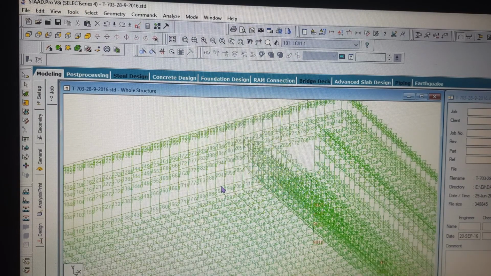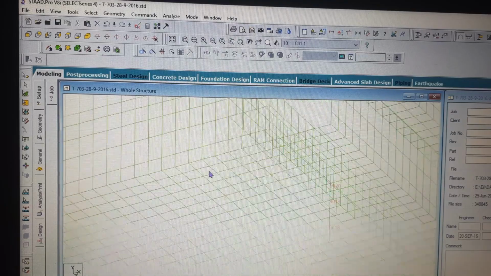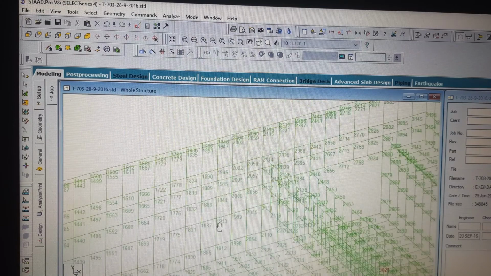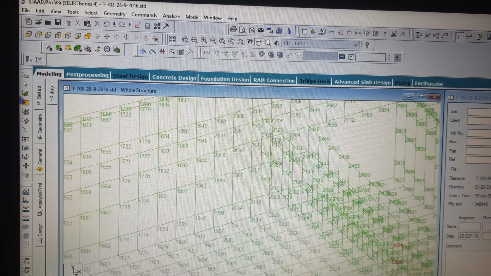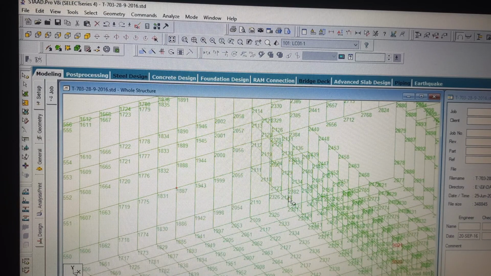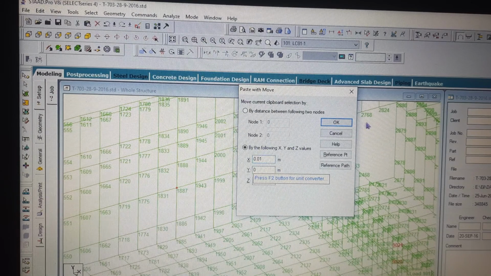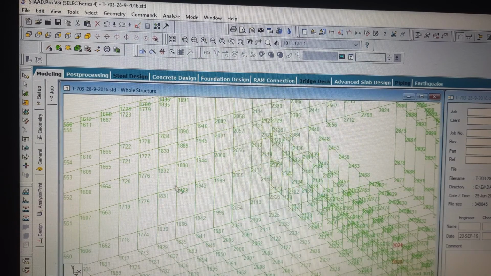Suppose I have created, I'll show you these things. These are very helpful while modeling critical structures. Say this is my 1877 node, and I am creating another node at say 0.01 meter distance from this 1877.